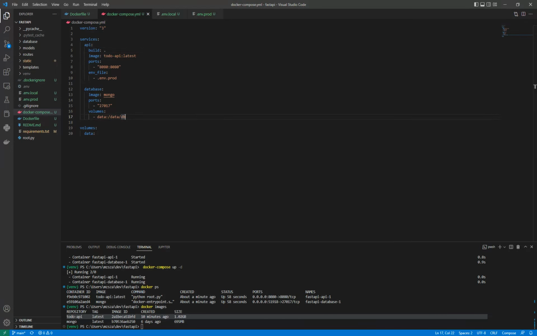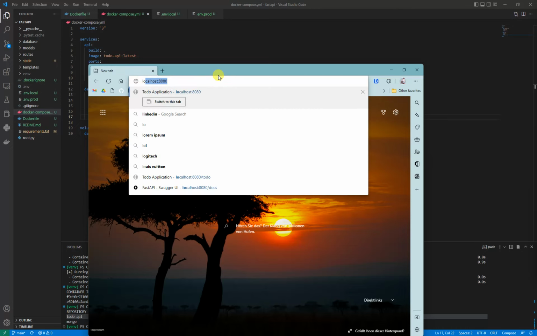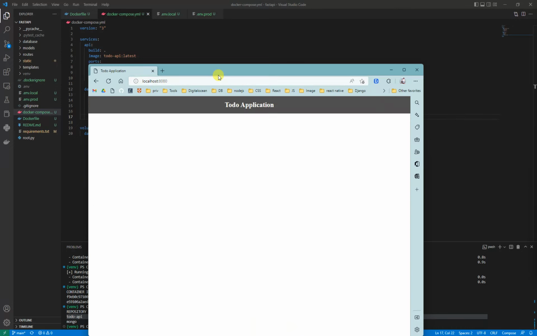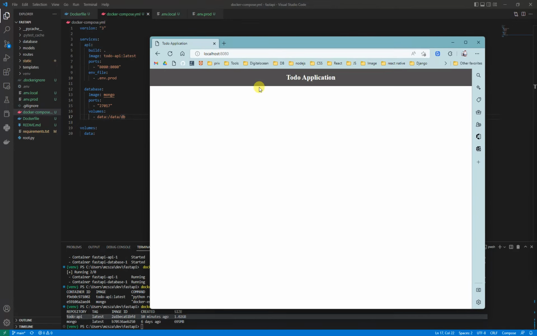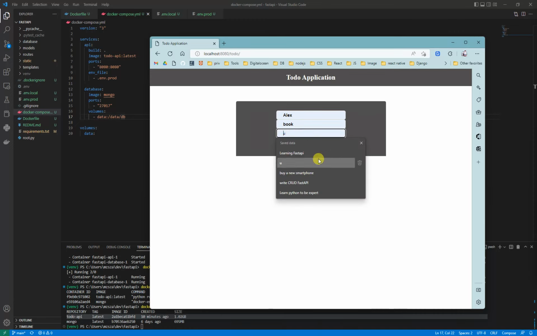Now let me run my project at localhost port 8080. As you can see, the FastAPI application is running and working from Docker locally. Now let me add, for example, Alex, book description,